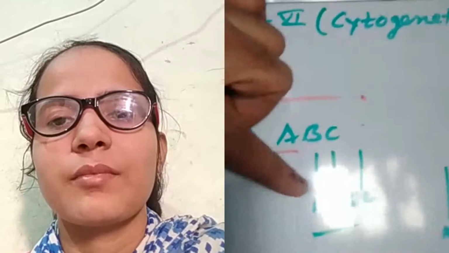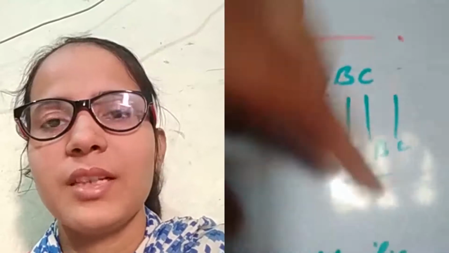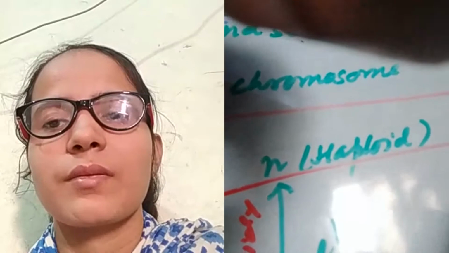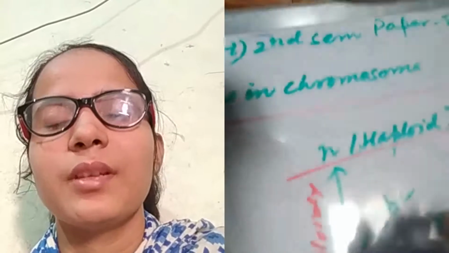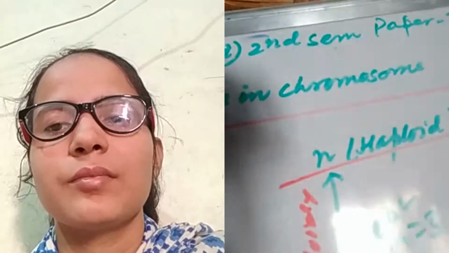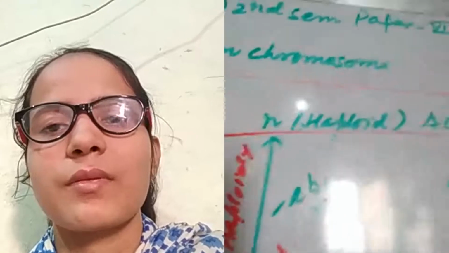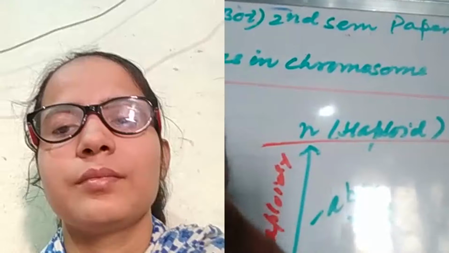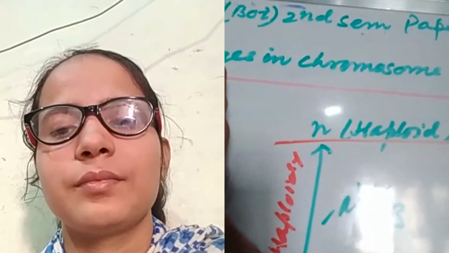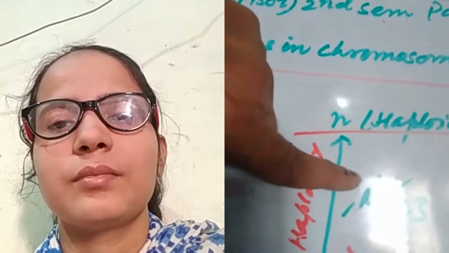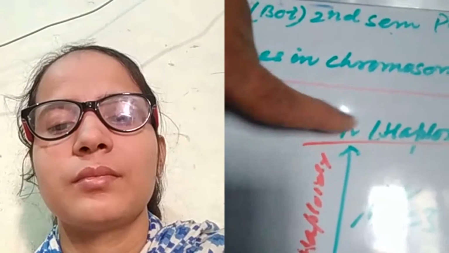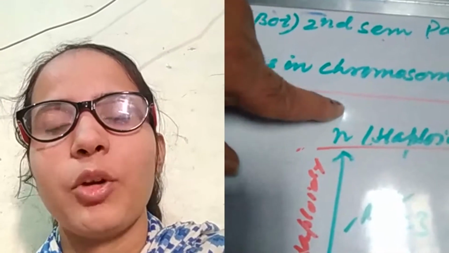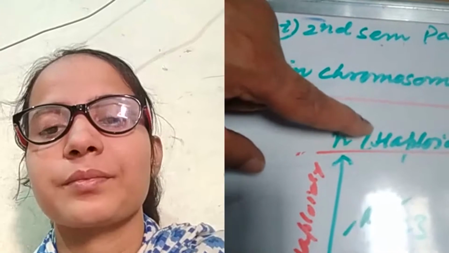The remaining chromosomes will be A, B and C, and n is equal to 3. Here n is equal to 3 is lost. So if this 2n has undergone change, and one set of chromosomes is lost from a normal diploid chromosome complement, what will be formed? A haploid number. It will give rise to the production of a haploid set.